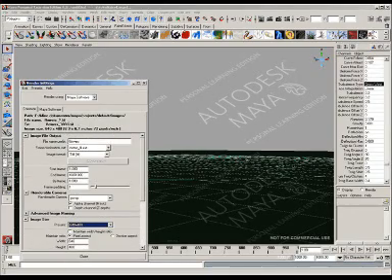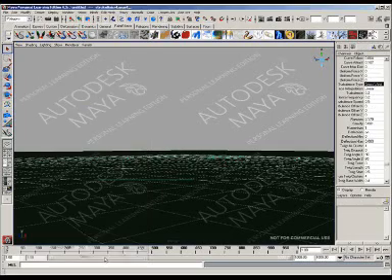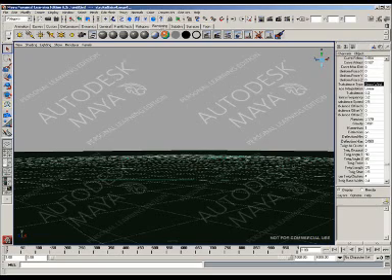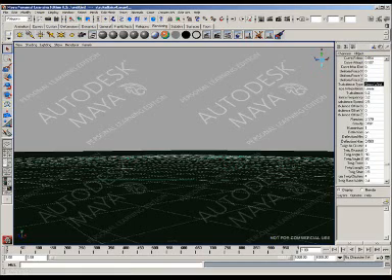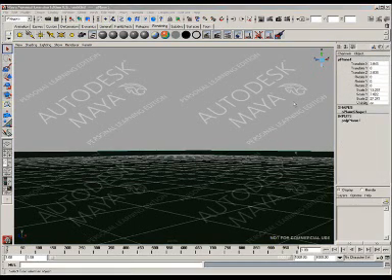Now this will write out 1,000 images in my documents Maya projects default images, and then you close it, and then you hit rendering on the shelf, and then you hit render the current frame into a render. No, you take batch render, export the current scene to a file and render it. And then we hit the render,